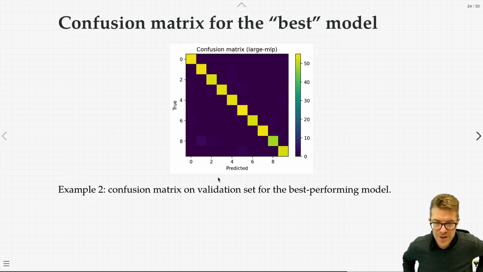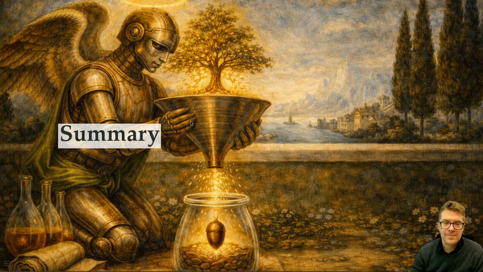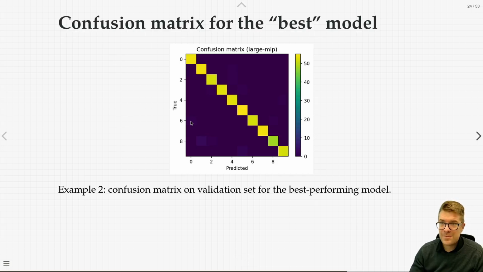It might not be turning up so much in the video, but if you look at the slides, you'll see some slight light coloration around here, with eights being sometimes recognized as ones, and I want to say nines being sometimes recognized as fives. At least there are somewhat lighter patches there, which is a bit of a surprise. You kind of expect sixes and zeros to be misrecognized as each other. Maybe there's a slight patch of lightness over here where my mouse is, but that's also as maybe. Nothing more to say about that really. But again, take the code, try to break it, and see what happens.